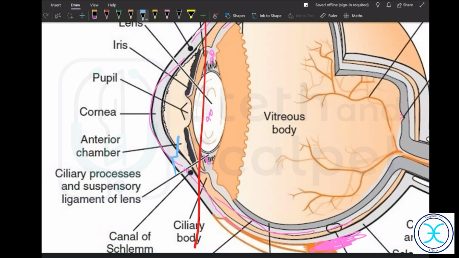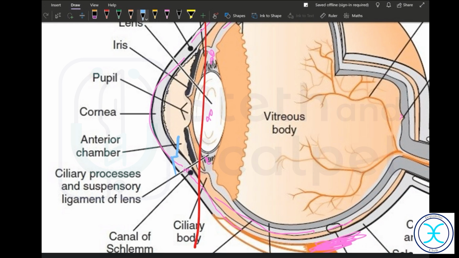So what are the immediate post-op complications they are going to see? The next day, once the surgery is over, if this is there, they will know 100% that the surgery has failed. What is that? Iris prolapse. Okay, iris prolapse with a flattened anterior chamber, you can say. If the anterior chamber becomes flat, that surgery has failed and something is going to happen. That is something you need to know.